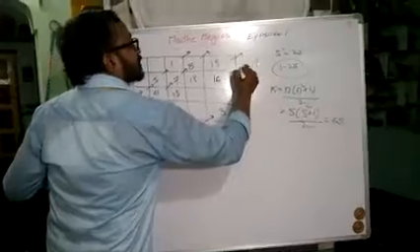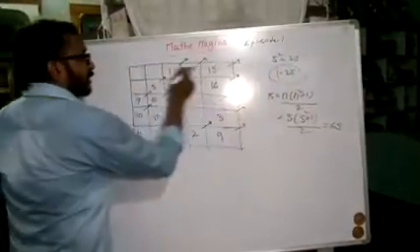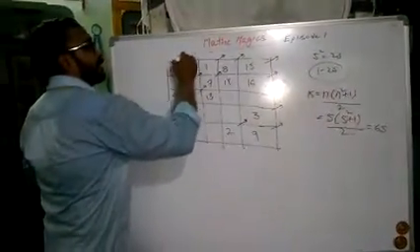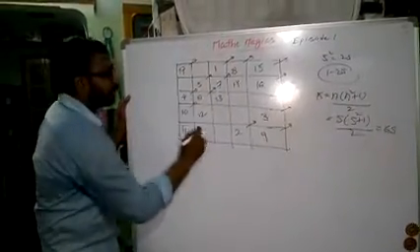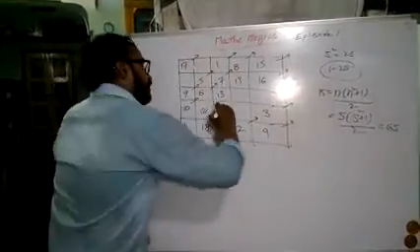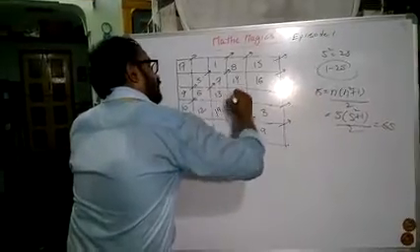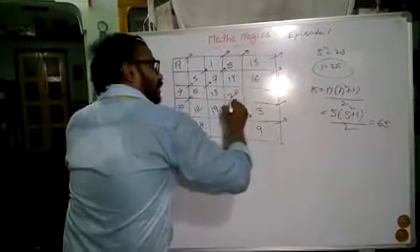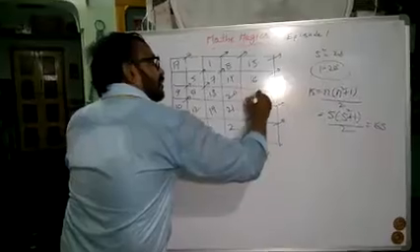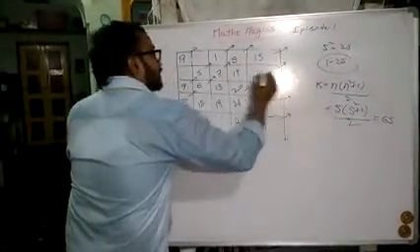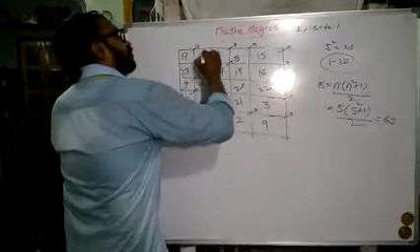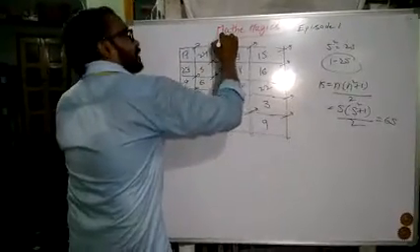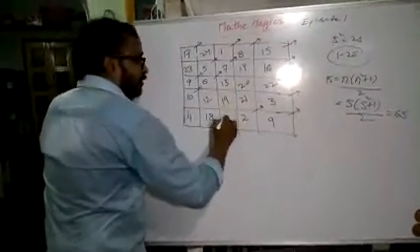Now right upwards diagonally, where there is no box, come leftwards, 17. Now right upwards diagonally, we did not find any box here, come down, 18. Now I think you understand. 19, 20, there is no place, right? Fill here 21, 22, there is no place, come here, 22, here sorry, 23. Now 24, right upwards, there is no place, come down, 25.